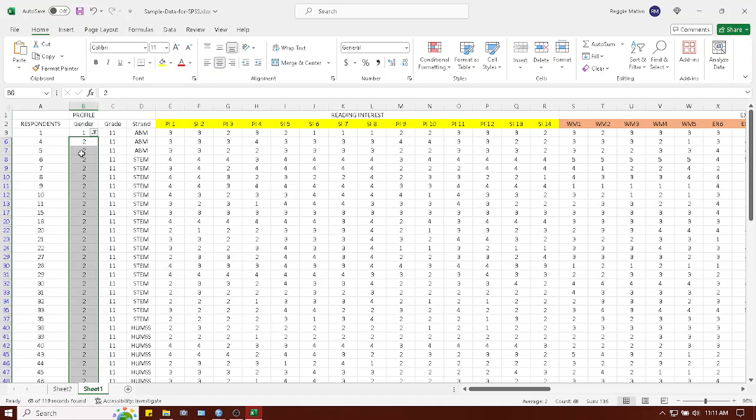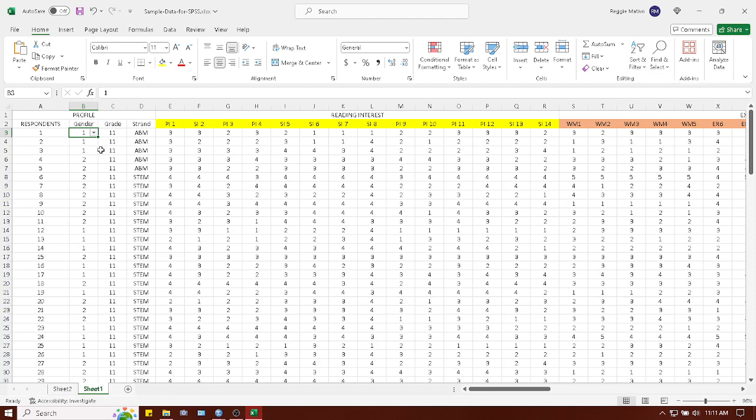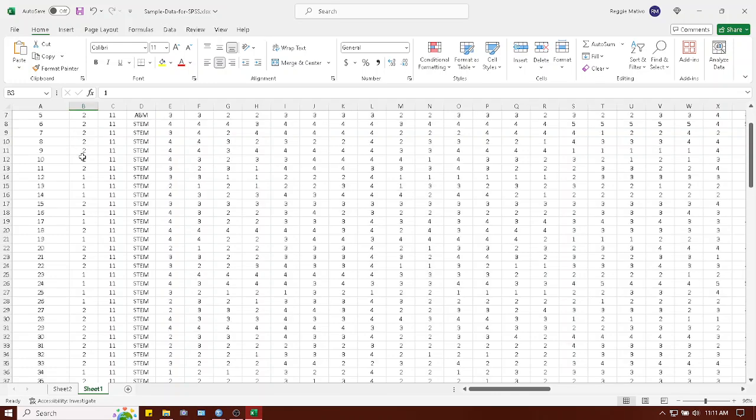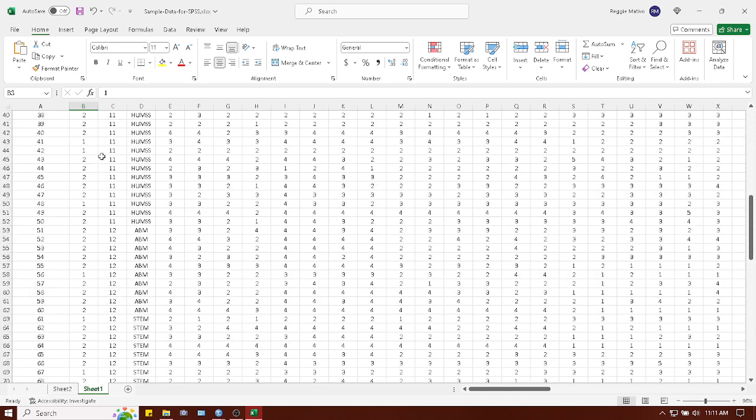And if you're done with changing M and F to 1 and 2, you can proceed to filter and then clear it out. So recall that the first three values here a while ago were M's and now they are 1's, and the rest of the values are becoming 1's and 2's. Okay, so